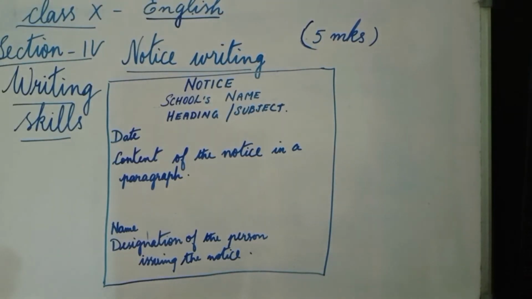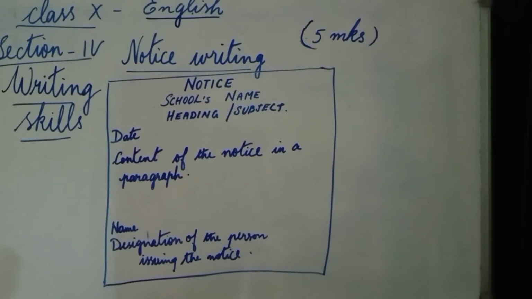So let us see what are the things that you have to keep in mind while preparing a notice. First, we have to draw a rectangular box or a square. Inside the box, you have to write NOTICE. You have to write it in bold as a centralized heading. Then in the next line, you can write the school's name or the institution's name, and it should be clear and written in capital